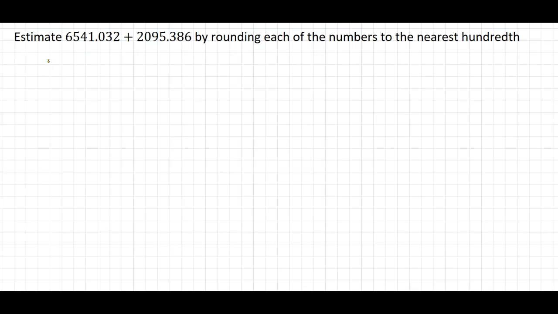So we're going to have 6541.032, and we're going to have also 2095.386. So now we need to pay attention to the digit in the hundredth position. The first position after the decimal is tenth. The second position is hundredth. So this is the digit we're after. We're going to look to the right of that digit, and we have a 2. 2 is less than 5. So this is going to give us